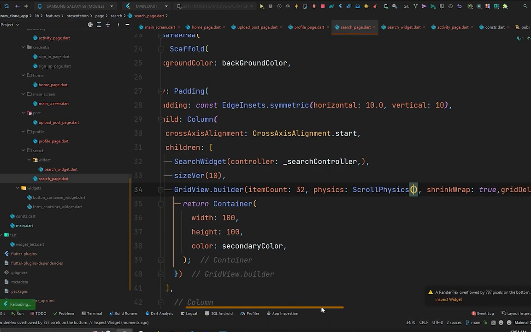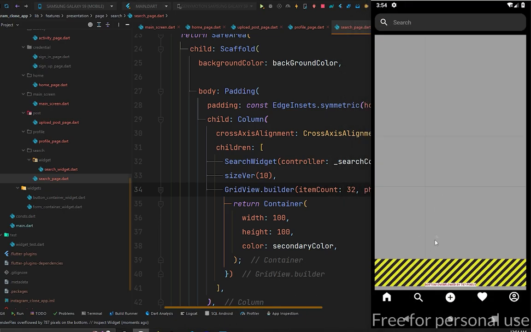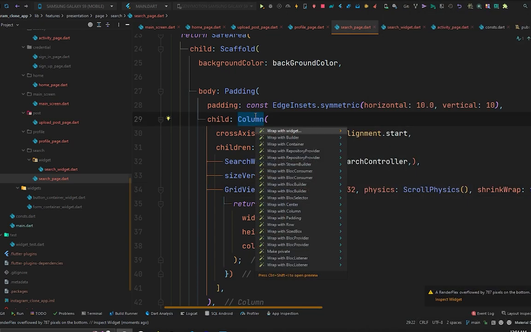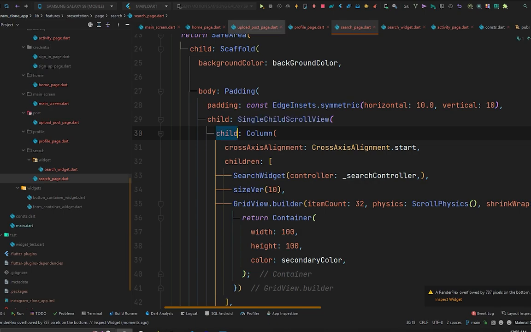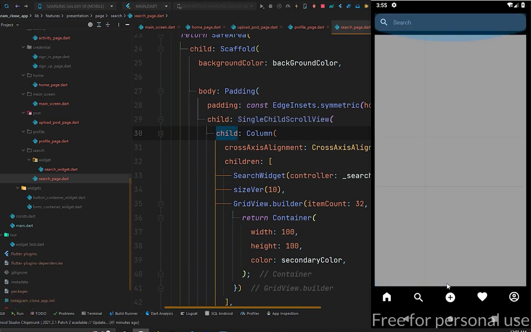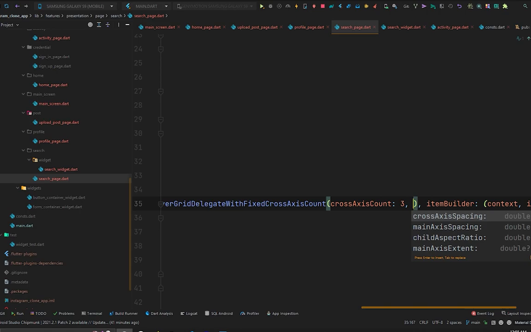Now press Ctrl S and we got a render flow overflowed by 787 pixels. So let's check it out. So there is a really render flow exception. So let's wrap this column with a widget single child scroll view to make scrollable our page. So let's open it. Now it's scrollable,